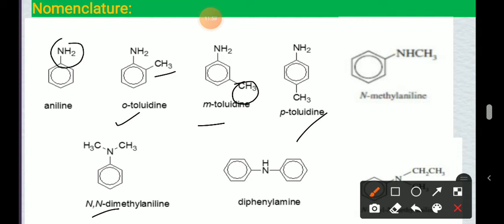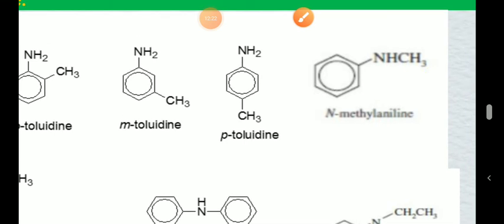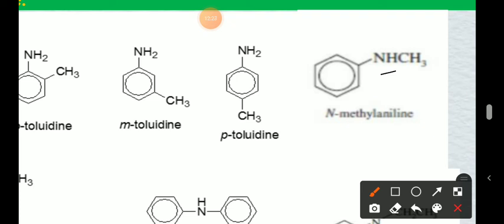Because the N group has bonds with hydrogens, you can replace these hydrogens with an alkyl radical also. So this is N-dimethyl aniline. Okay, and then you have diphenylamine. Diphenylamine means you have two phenyl rings attached to the amine group. So this is diphenylamine. And then, hopefully you can see it clearly, it is N-methyl aniline. N-methyl aniline means this is the N group with a methyl group attached to it. One valency is satisfied with hydrogen and the second with the methyl group, and this is N-methyl aniline.